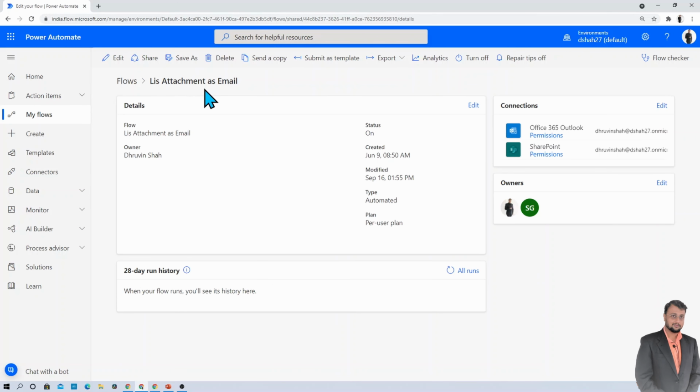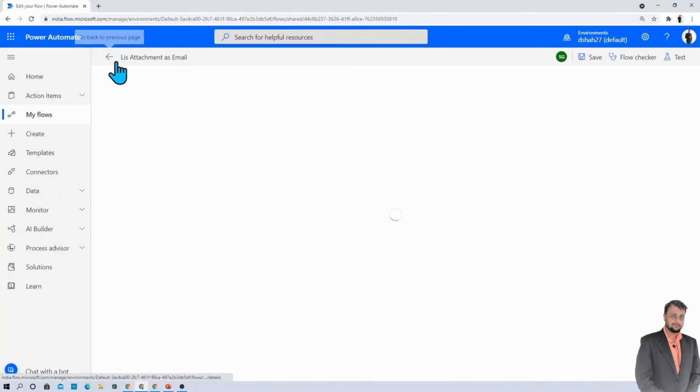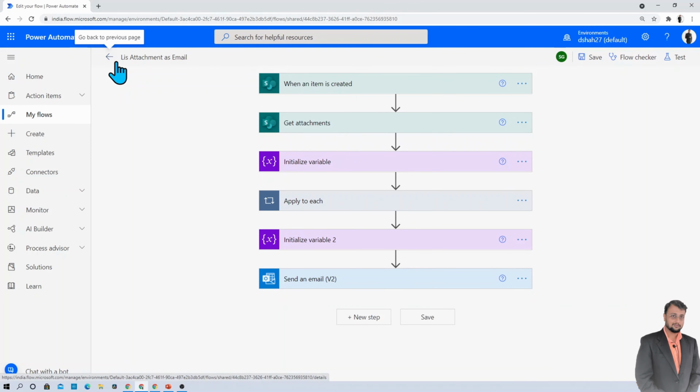Here I am on my machine and here you can see that I have one Power Automate flow called list attachment as email, and at this moment this flow is shared with Dhruvin and Shriraj. At this moment I logged in with Dhruvin's account and now I am trying to edit this particular flow. In my another window, I have opened the same flow with Shriraj's account.